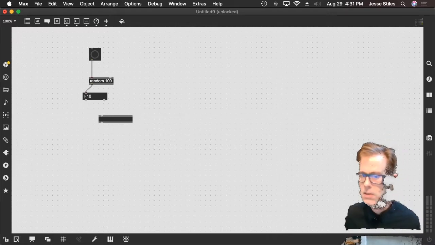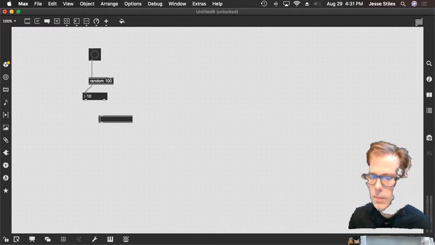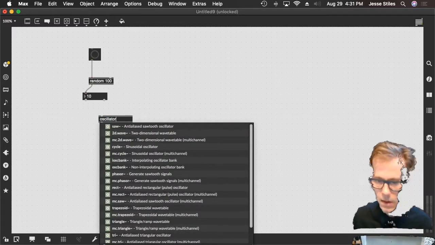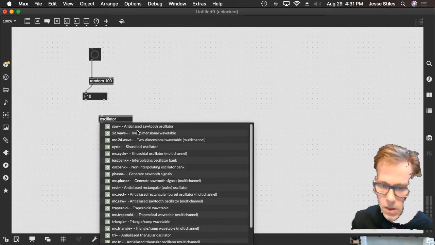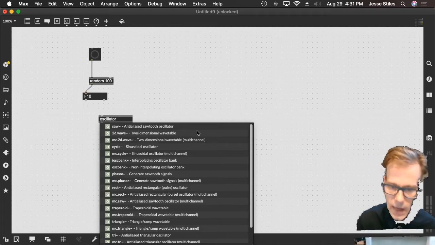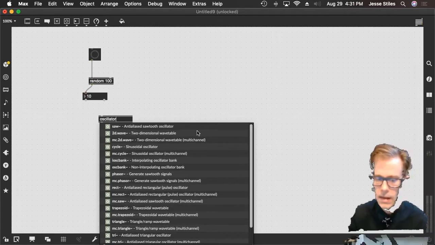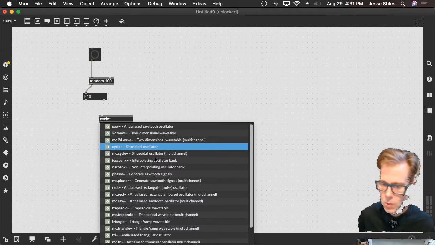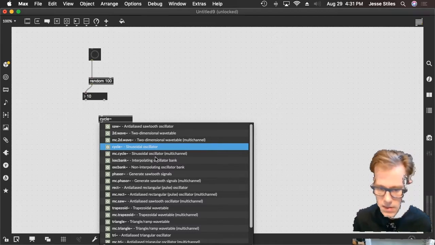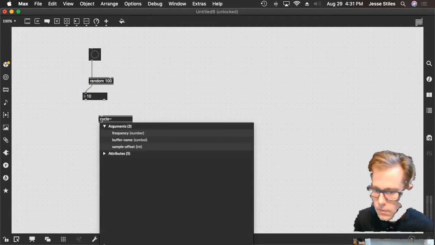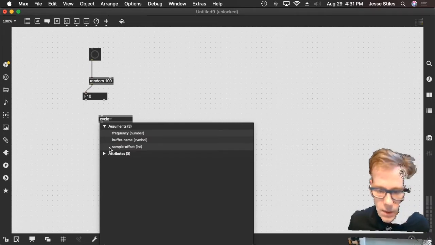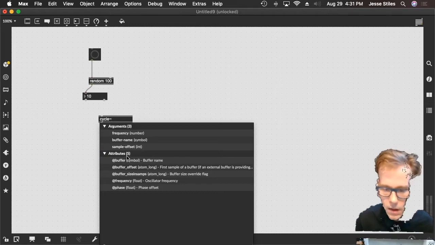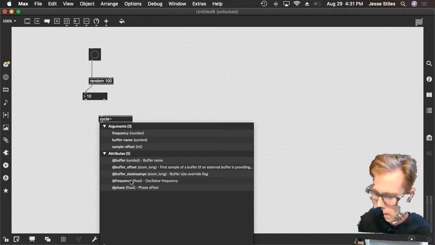But we don't necessarily know the name of what that object is yet. You could just try typing the word oscillator, and the autocompleter shows us every object we can use that has that word oscillator in its name or in its description. And right here we see the sinusoidal oscillator. So the name of this object is cycle tilde. We type a space, and we can see that cycle tilde has 3 possible arguments, as well as 5 possible